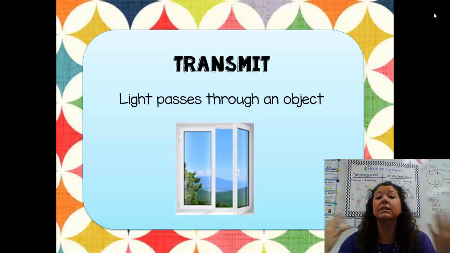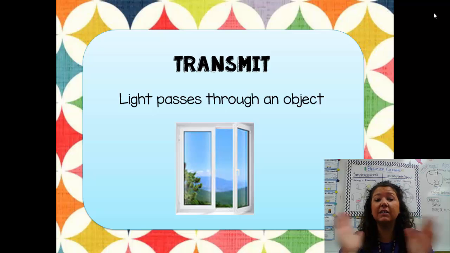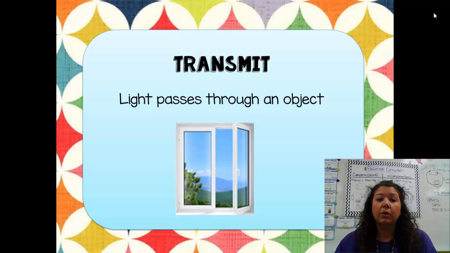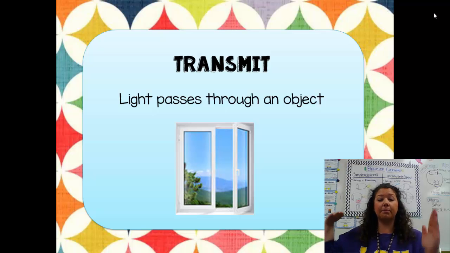When light is transmitted, light passes through an object. That's it. Just like a glass window. When you look outside your window, that light passes through and stays in its straight line. It's kind of like Izzy's terrarium. We're able to see Izzy inside of it because the terrarium is made of glass, and the light passes